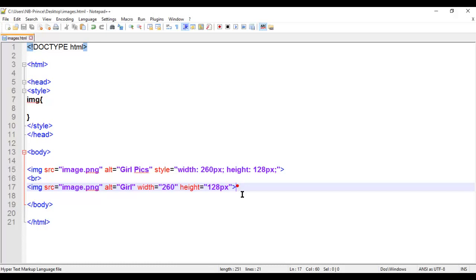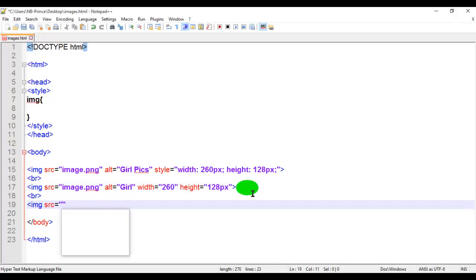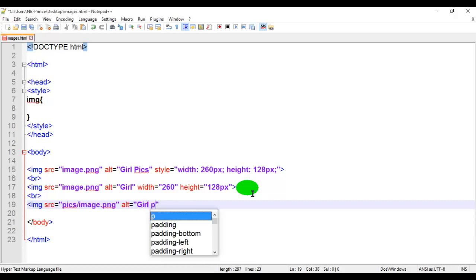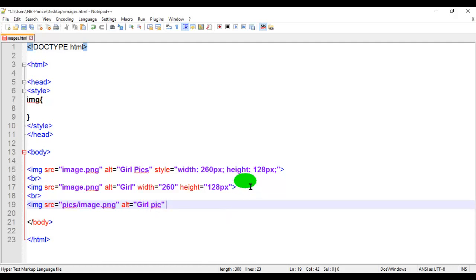Image src, and here I will define the image path, which is pics/image.png. This is the image path, and alt is equal to girl pic, and let's say its width and height,